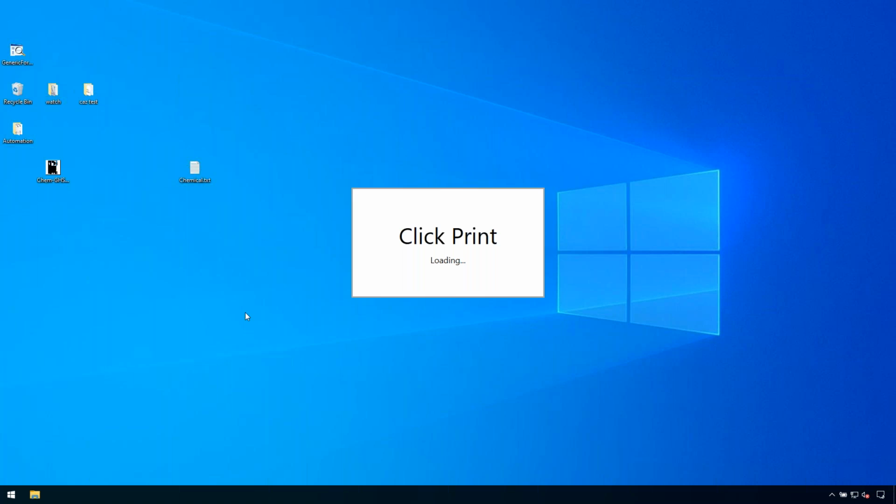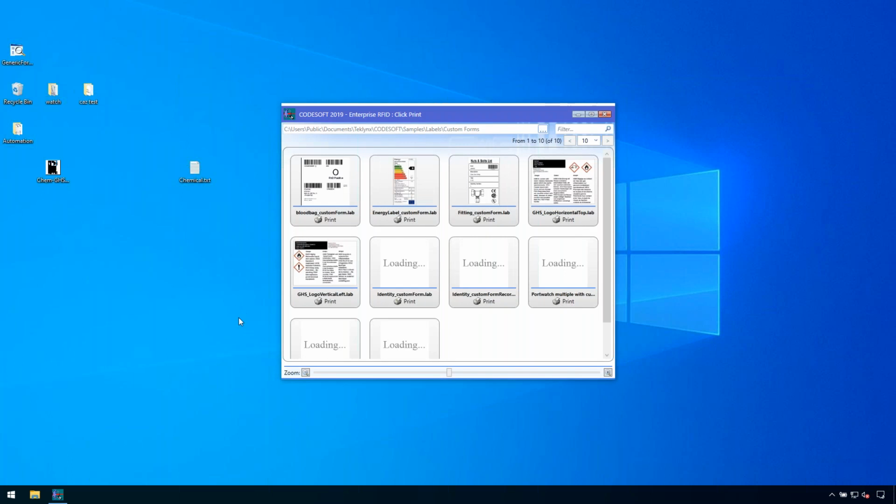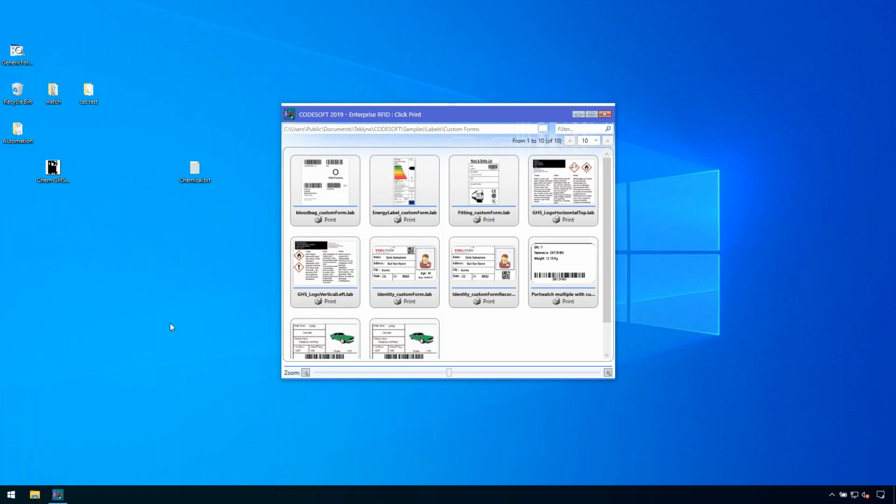Now, I've seen a number of ways on how to lock this down. Not even using user manager or document level passwords. I've seen administrators just remove all the shortcuts and just place ClickPrint on the desktop. Or again, you can use user manager so they can't really do anything in the software. You can enable the document level passwords. Again, there's a number of ways to go about this within CodeSoft, and it's whatever you're more comfortable with. However,